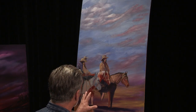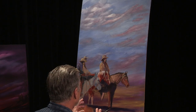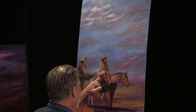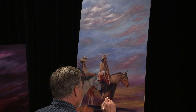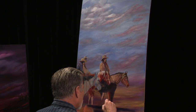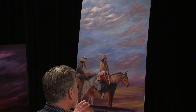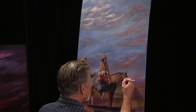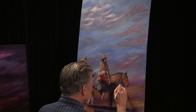So I've blocked in a little bit more of that color, and I don't know if you could really see it very well on the camera, but I didn't kill that lighter color that I had on there. And I think this is why I like doing this show, so that you understand and can see the difference. So many times people think that they have to cover up everything every time they put paint on, and that's just incorrect. That's what gives these paintings the depth and the realism that they've got, because of doing it in layers. Now, this horse over here to the right is more of a chestnut,